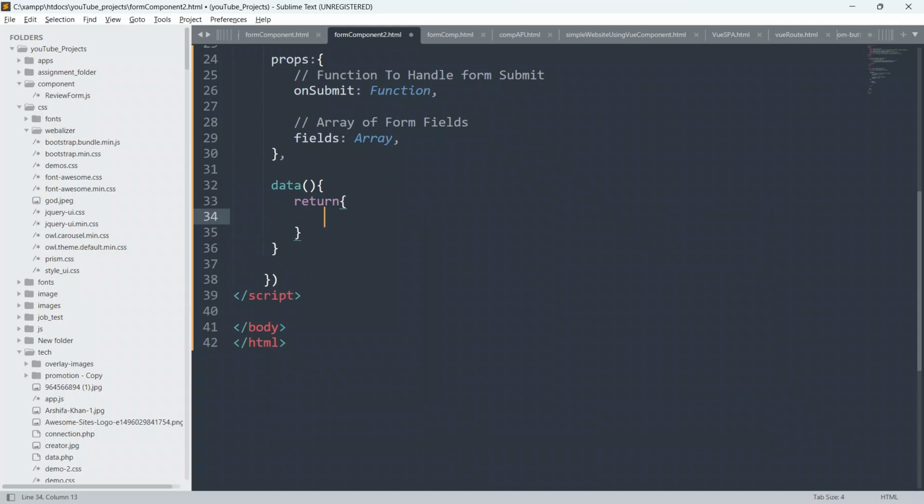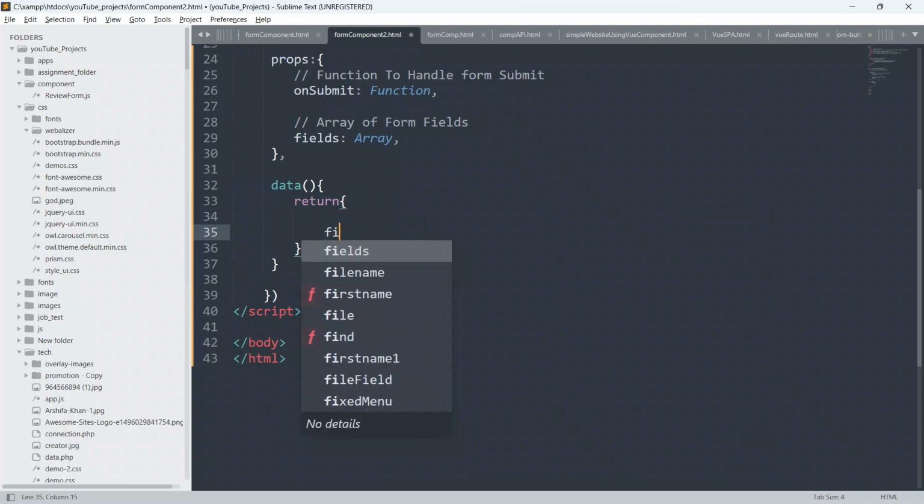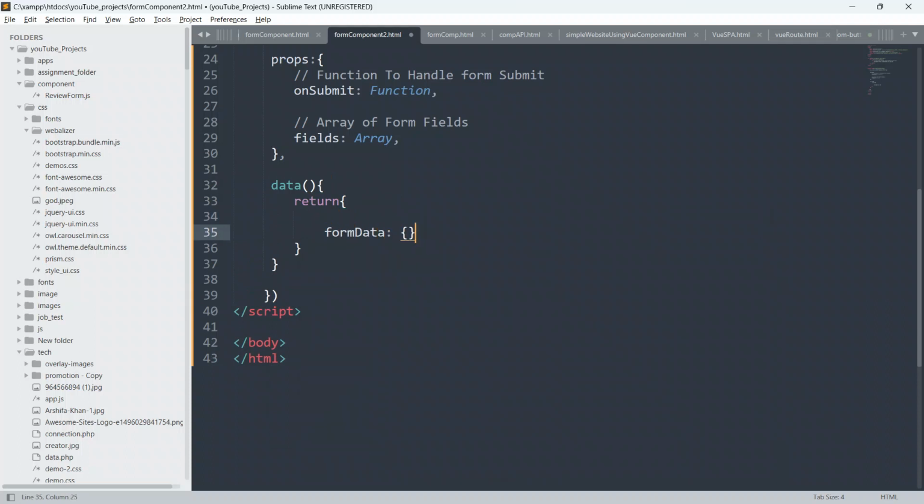Now here we will define an object to hold the form data which will be submitted by the user. So I will create a formData object. So formData, put a colon and open and closing curly braces. As of now this is empty.